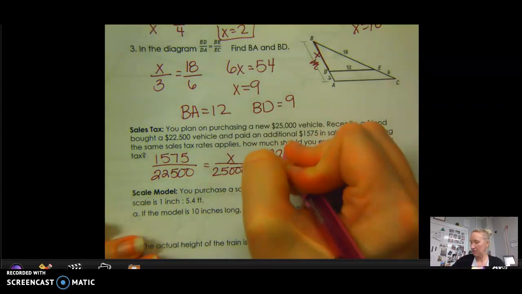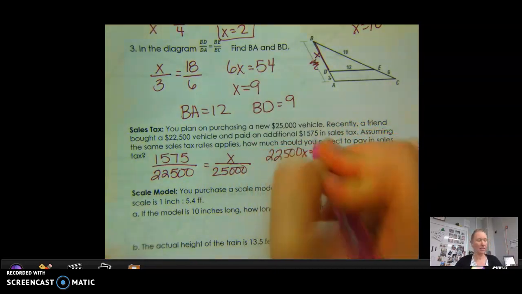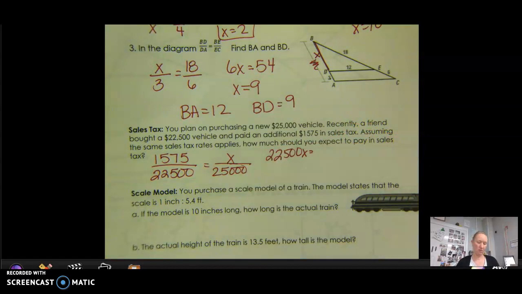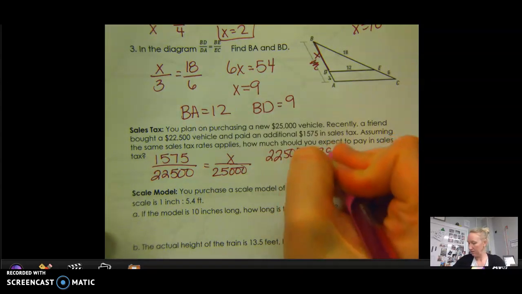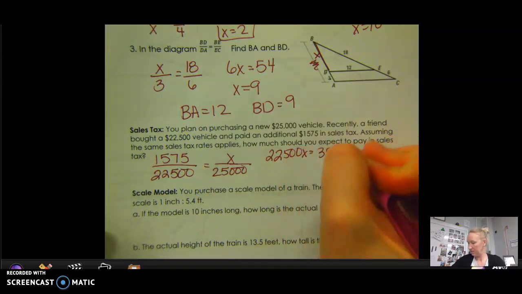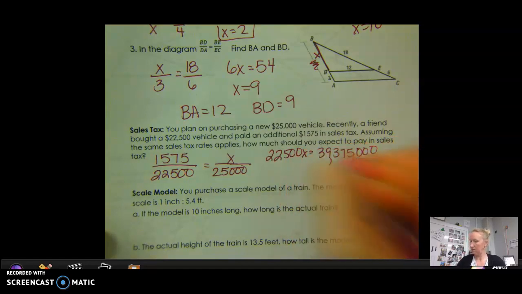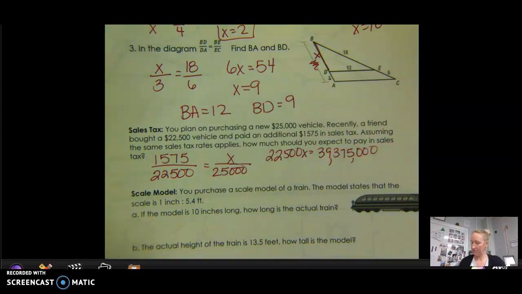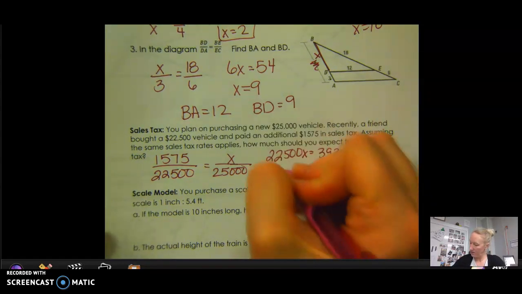So we get 22,500 times x equals, well, these are going to be big numbers, 39,375,000, 39 million. We're going to divide that by 22,500, and we get x equals